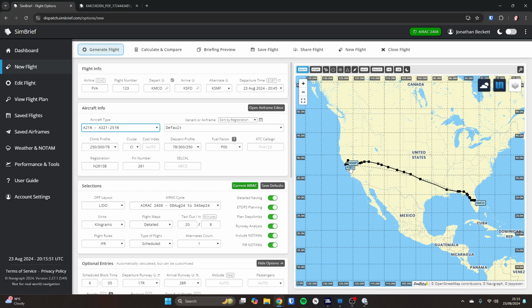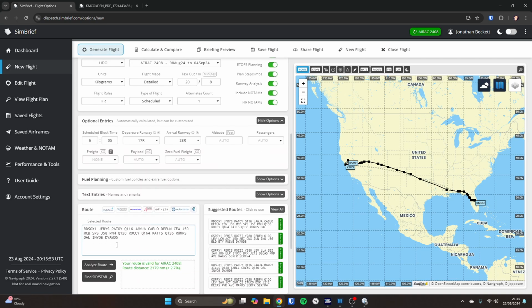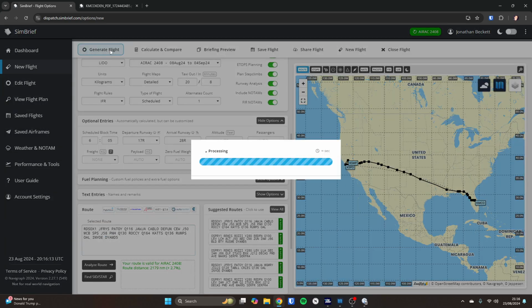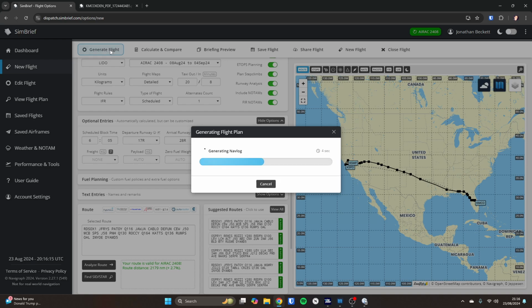Okay, so that's given us a preview of the route, and it will show you it down here, the actual route information. So you've got, for example, there's the standard instrument departure, and then you've got a sequence of waypoints and airways as it flies across the US, and then you've got a standard terminal arrival route, or STAR, leading in towards San Francisco. So we can just click generate flight now, and it's going to generate us an operational flight plan,